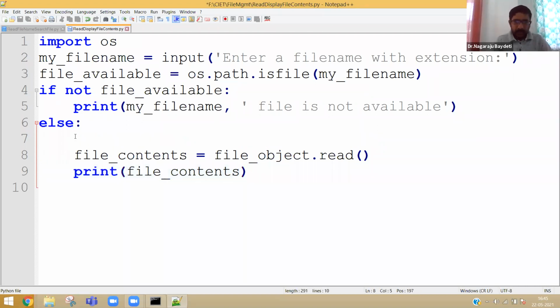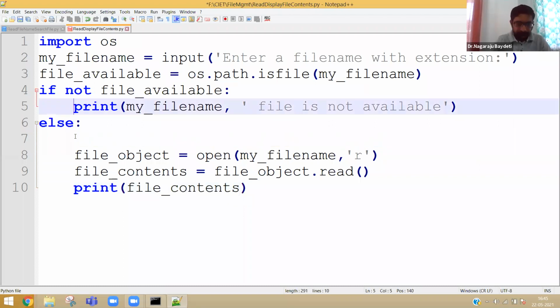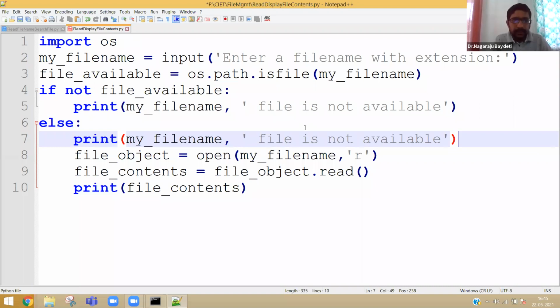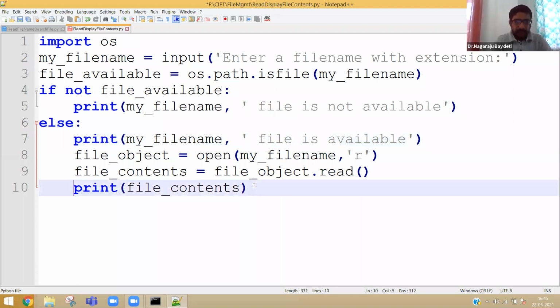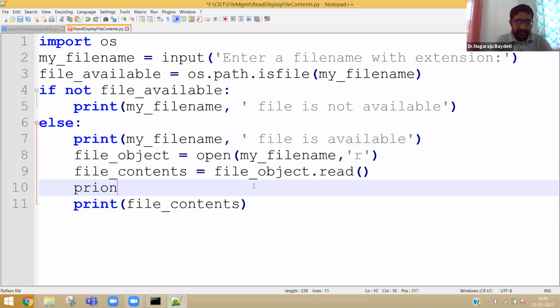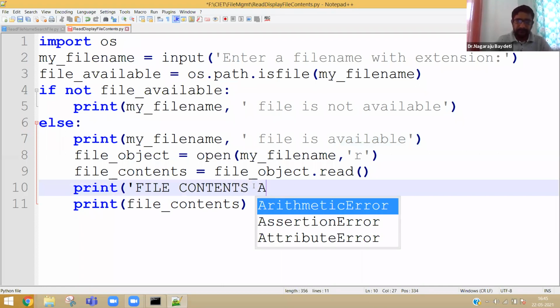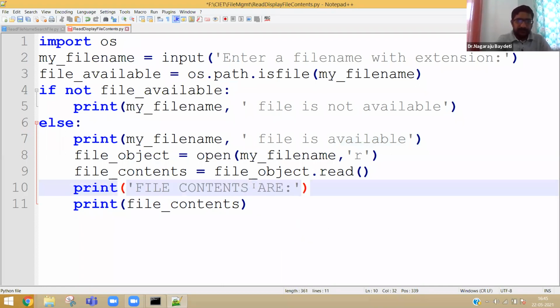Otherwise, you can also print a display message saying file is available. Then before printing the contents, you can also print a message, file contents are, then it will print the file contents.